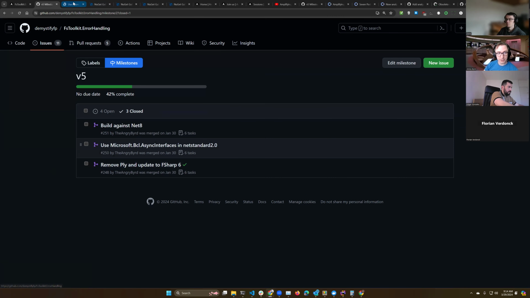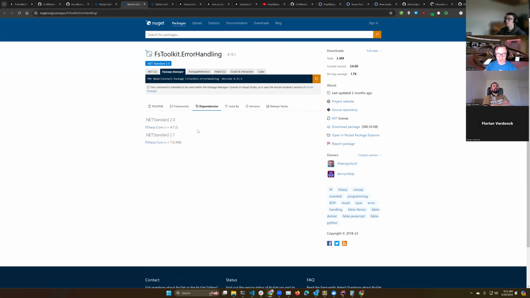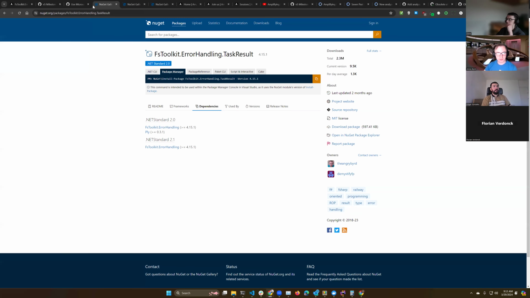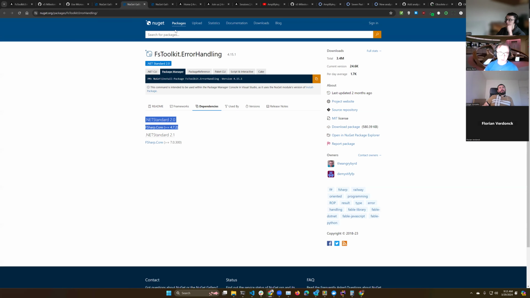One of the other changes, this is kind of a breaking change, but most people probably won't notice it at all, is that I'm also adding the Microsoft BCL async interfaces to netstandard 2.0. So when you look at the dependency graph here, it's just on FSharp.Core, but we're also going to be adding this library, which is Microsoft.Bcl.AsyncInterfaces. If we take a look at what that is here,